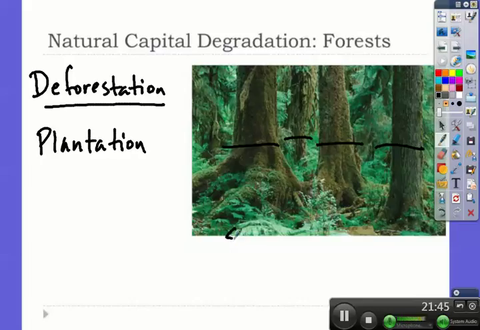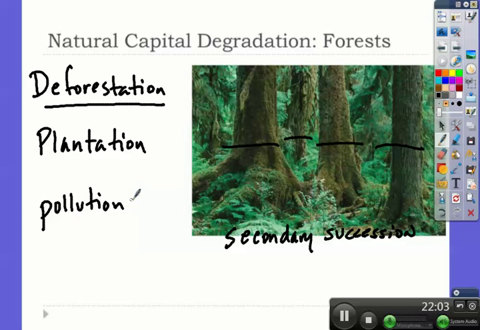So you're dealing with some secondary succession, and that secondary succession is dominated by fast-growing trees that can be harvested again for lumber. Another thing that can affect forests is pollution into forest streams. That stream water gets down into the groundwater, affects the root system of the trees, and can eventually destroy that ecosystem.